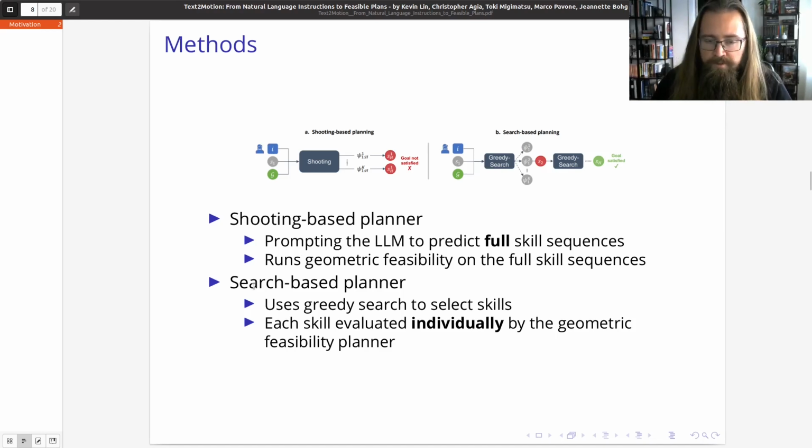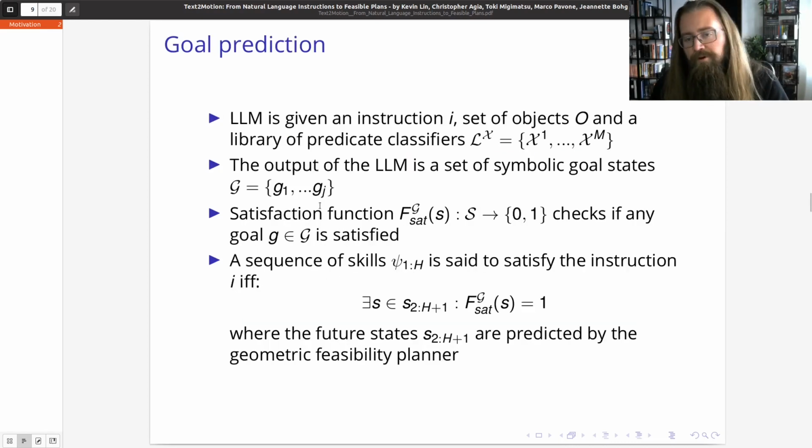The other one is a search-based planner, where it does a form of greedy search to evaluate one skill at each time step. But first, they need to know where we want to go. So what is the goal we're trying to reach? And to get this, they ask the LLM to generate a set of symbolic goal states,